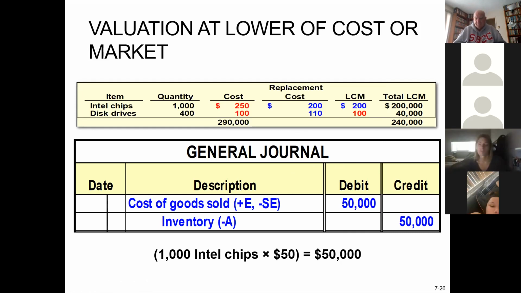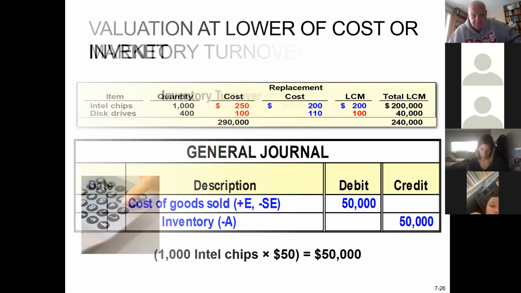Not too tough. You know where students get fouled up with this? They get a question on the test or maybe a problem for homework, and maybe there's 5 or 6 items in 2 columns, and you go too fast. You go too fast and start dropping the numbers in. Don't make it harder than it is. You're going to work with the lower number, lower of cost or market. Principle of conservatism.